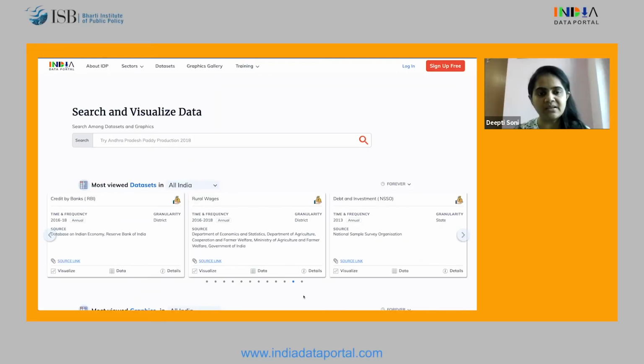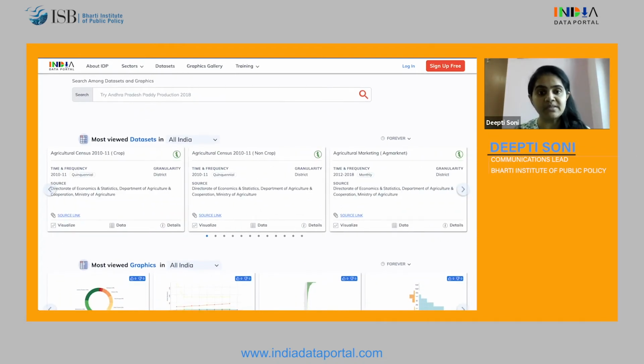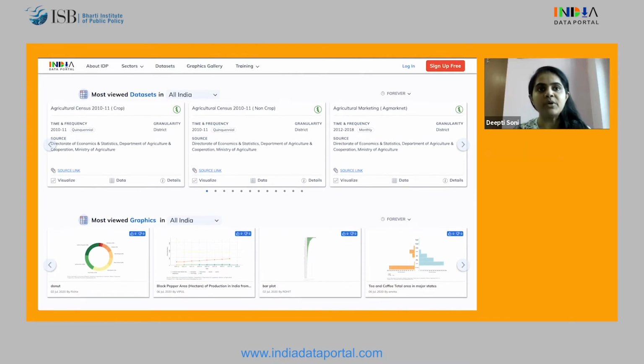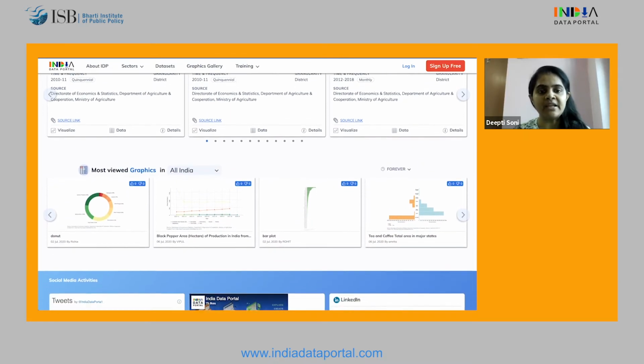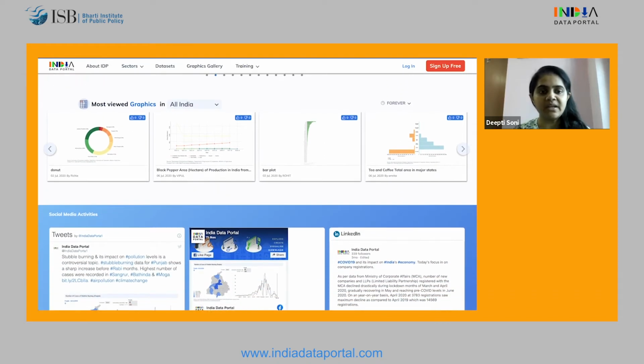India Data Portal started as an idea sometime in 2018, and it is from the Bharati Institute of Public Policy at the Indian School of Business. The project is funded by the Bill and Melinda Gates Foundation, and the idea behind the project is to create an